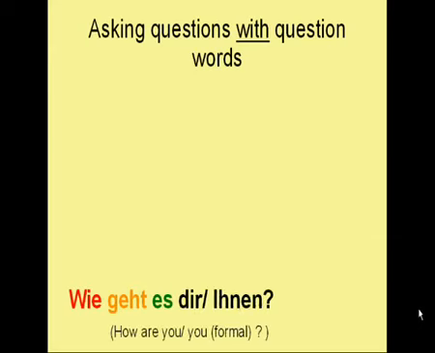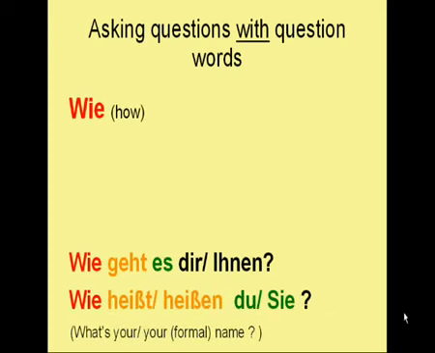We can do the same with something else. For instance, "wie geht es dir" or "wie geht es Ihnen?" In this case we can ask how are you, "wie geht es dir," or "wie geht es Ihnen," which means how are you in a formal way. And notice again, dir and Ihnen is the indirect object in the sentence and the subject is it. Therefore, the conjugation of this verb is the third person singular and not the second person singular or the third person plural. The verb is always conjugated after the subject.